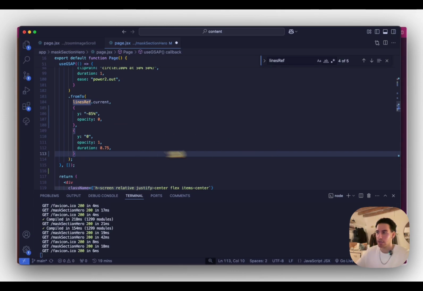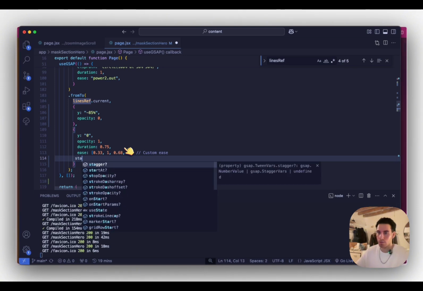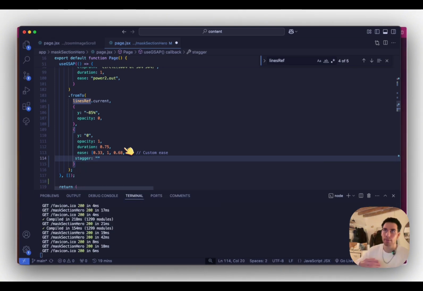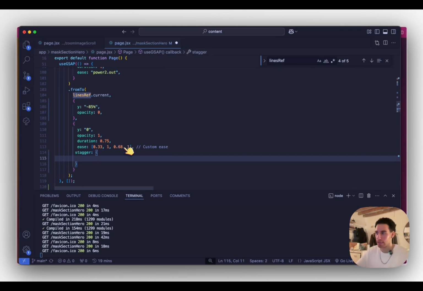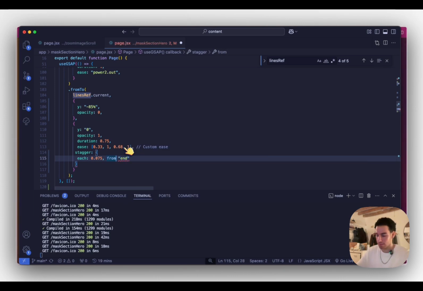Yep, and the ease is a custom ease that I used somewhere else. I'm going to just add that one right here. And the stagger, we want it again from the end, so they flow in from the top, starting with the last one. I think I'm just going to show you right now, and then you can get it. And then I'm going to show you the difference as well. So each is going to have just 0.05 seconds to make it a smooth transition, and also from end. Add the colon,